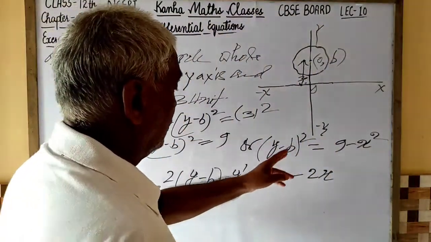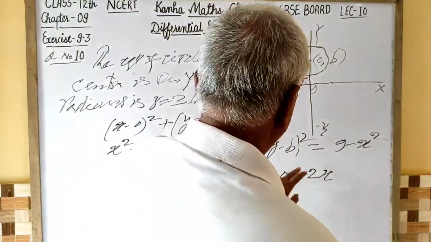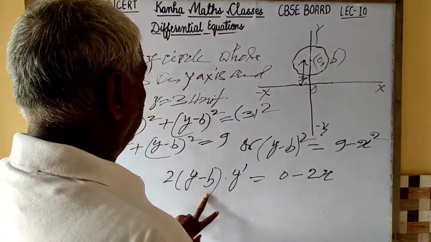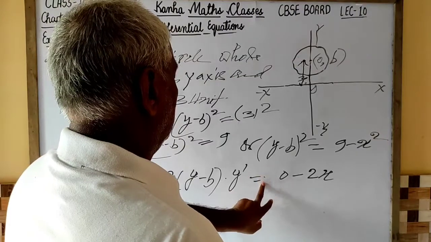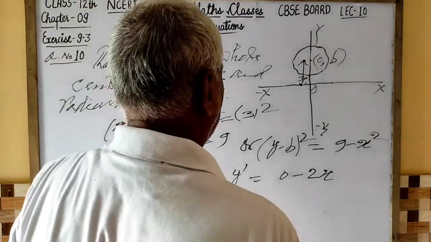This will be the first order derivative of this function. 2 y minus b y dash is equal to minus 2x,